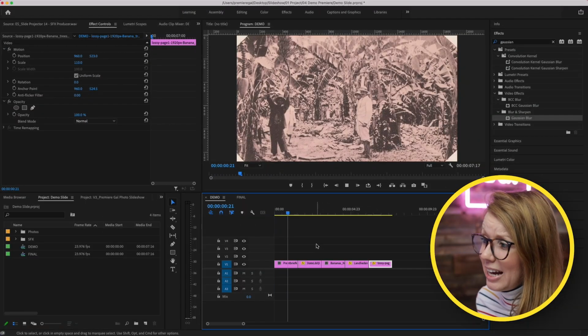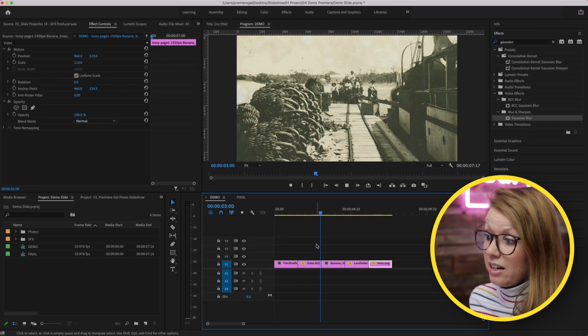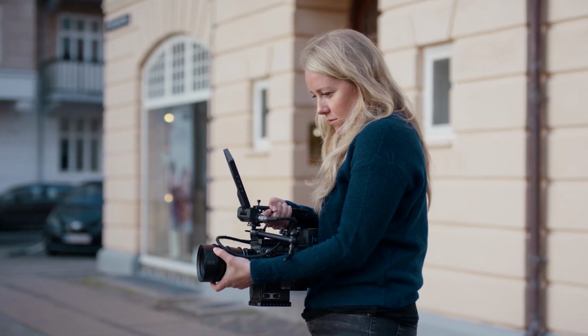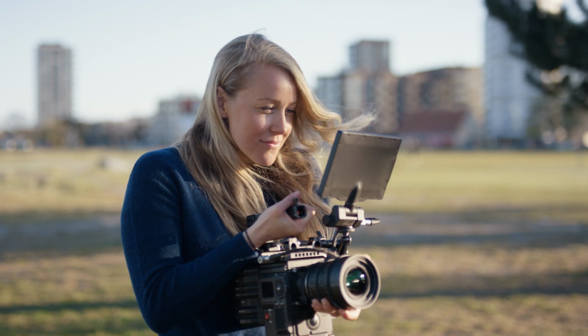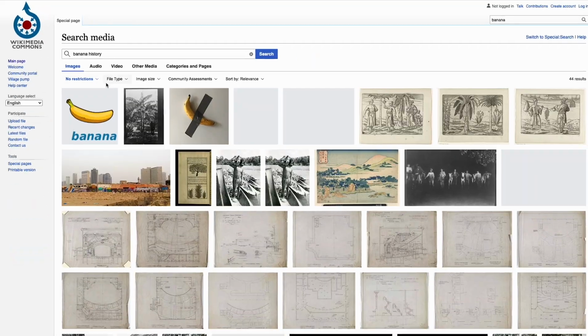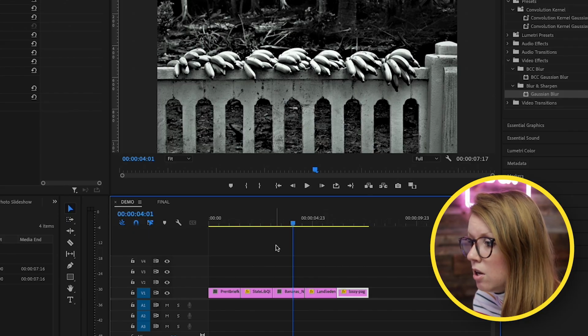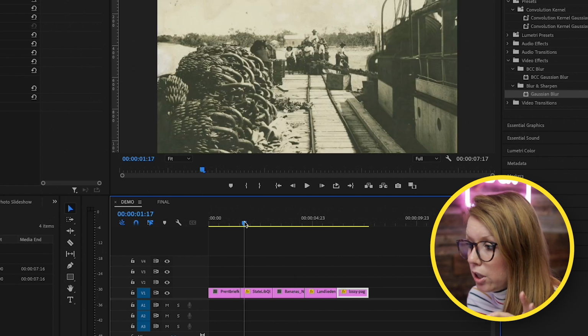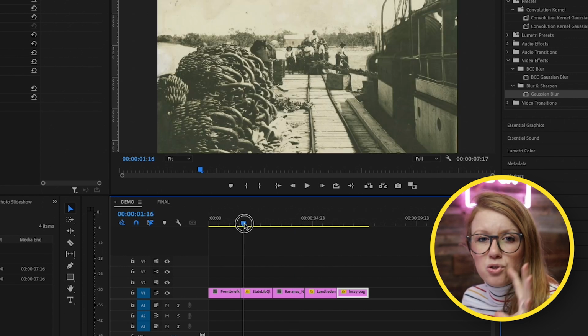So here in my timeline, I have these archival photos of bananas that I got from the Wikimedia Commons. And by the way, if you're a documentary filmmaker or a journalist and you need access to some really cool archival source photos, Wikimedia Commons has a ton of public domain photos that you can use for free in your videos. So for this particular effect, I'm going to add a slight blur and just a very subtle zoom effect